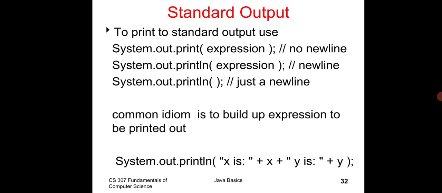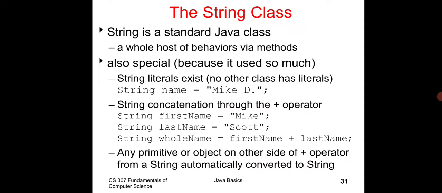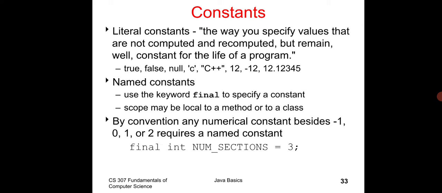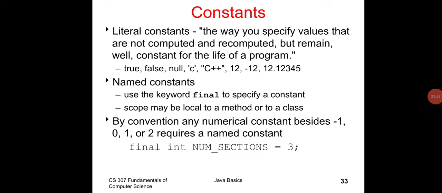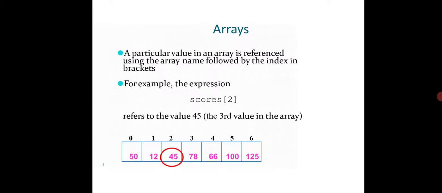Next we have seen about the String class, standard classes. Then, as in our C program, we can also create a constant in our Java program. If I want to create a constant in a Java program, we just mention the keyword called final. It will create a constant in our Java program.